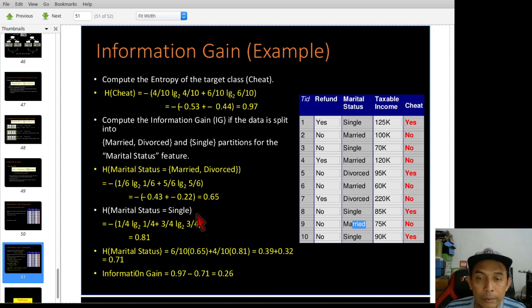Now how about the entropy for single? You need to count the instances for single: 1, 2, 3, 4.